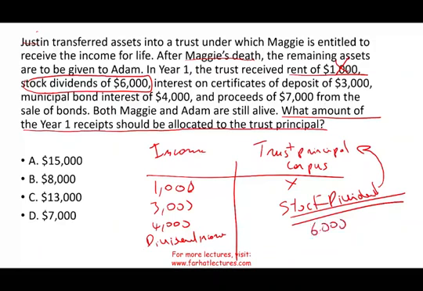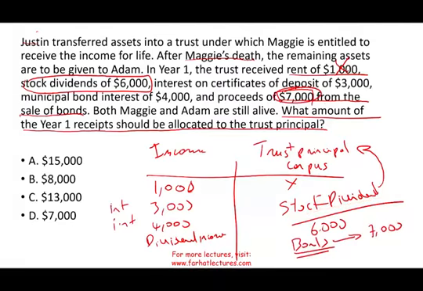So here we have $6,000 and proceeds of $7,000 from the sale of the bond. Wait a second. We sold some bonds. Is this current income? In a sense, yes, it is. I mean, can we use the 7,000? Yes, but this 7,000 is not coming from income. It's coming from the action of the trustee. They sold something and put it back into income. Therefore, sale of stocks, any capital gains, any capital losses, sales of bonds, any capital gains, any capital losses, is part of the corpus. Otherwise, if you sell the bond and you liquidate, the corpus is gone. The trust is gone. Therefore, you sold the bond, but the fund stays in the corpus.